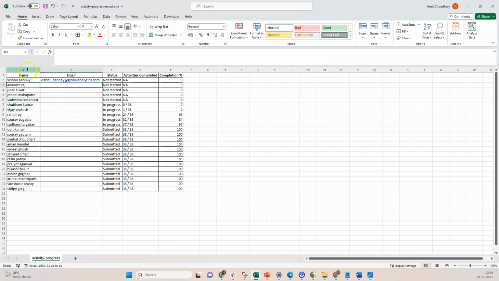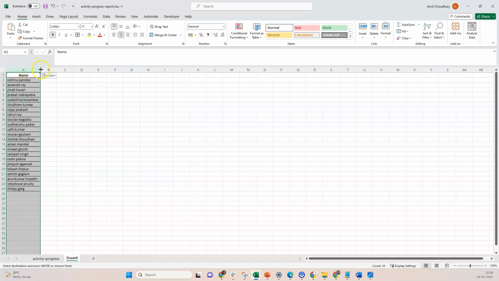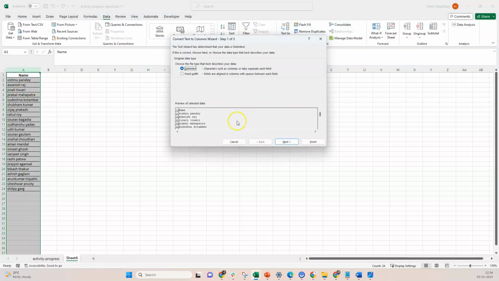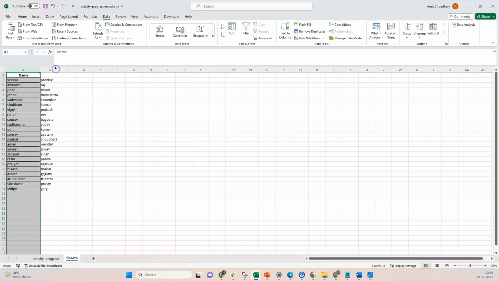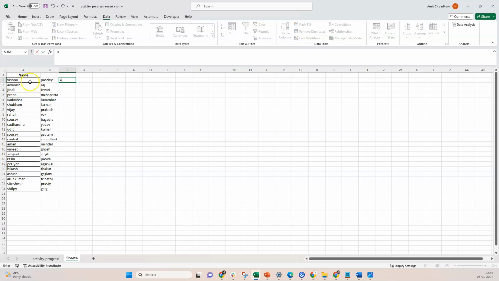So what I thought to do is I picked up the column A, moved to a new page, and here I want to split this first. So I would go to Data, Text to Columns, and I will simply say split it on space, and I can simply say Finish. It gives me two parts, and then I can create this one. I'll mention a dot in between, and then I mention this, then I mention again